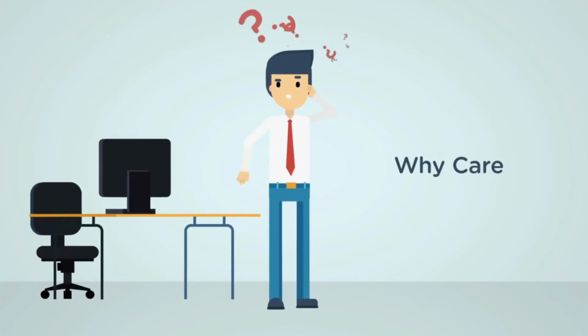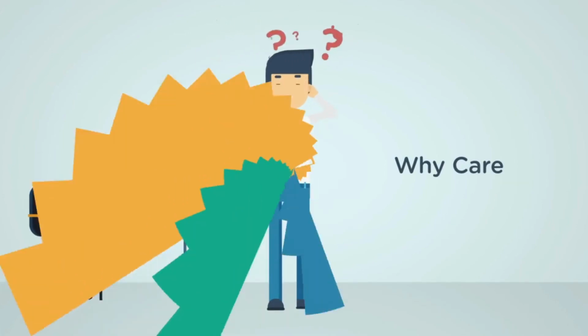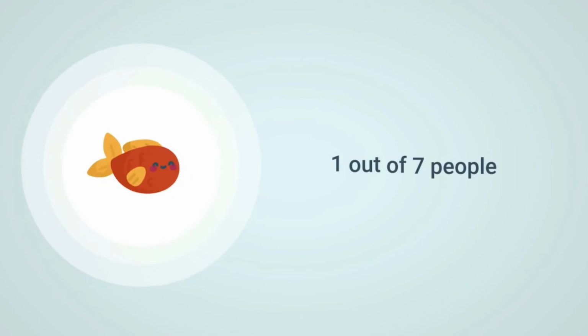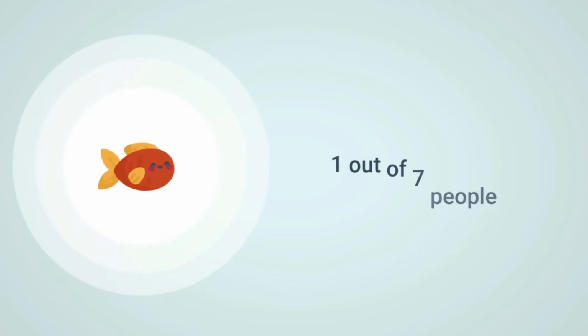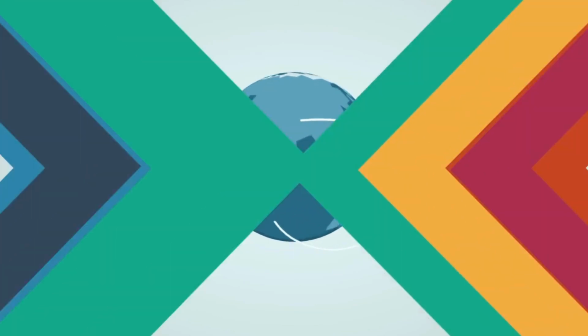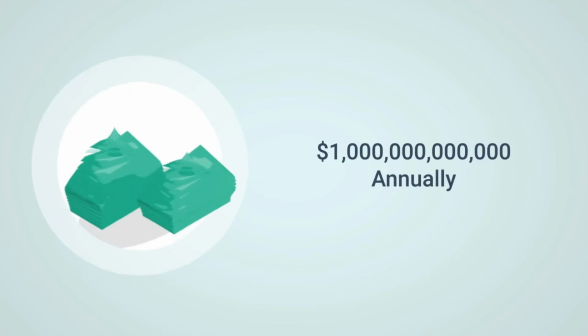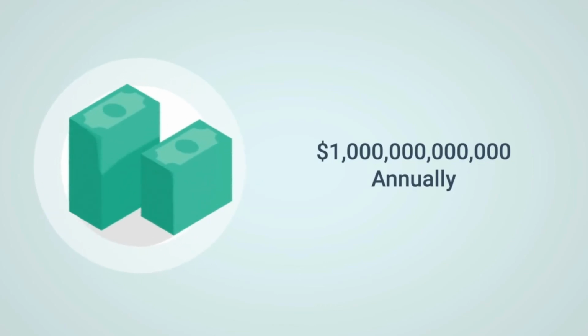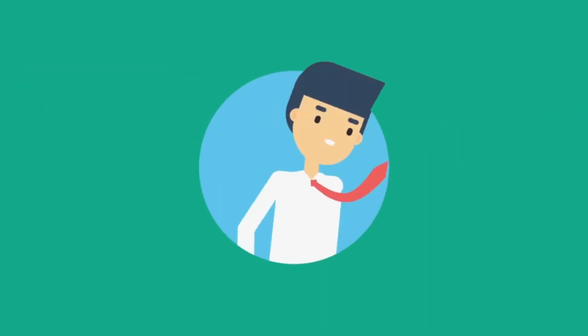How does ocean acidification affect human life? About 1 of every 7 people get most of their protein from seafood. That would leave about 1 billion people with a lack of food. Imagine how unstable the world would be with 1 billion more hungry people. Changing the composition of the world's ocean will undermine a variety of commercial operations. Ocean acidification will cost the world economy more than $1 trillion annually by 2100.